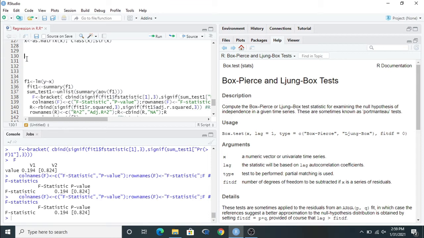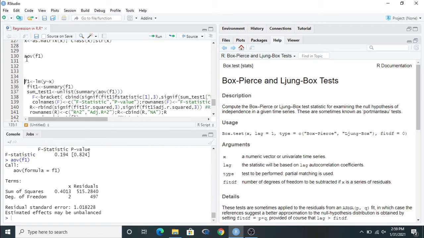We can use the ANOVA function to extract the p value and the f value from the regression. The function for ANOVA is aov, and inside the aov we write f1.